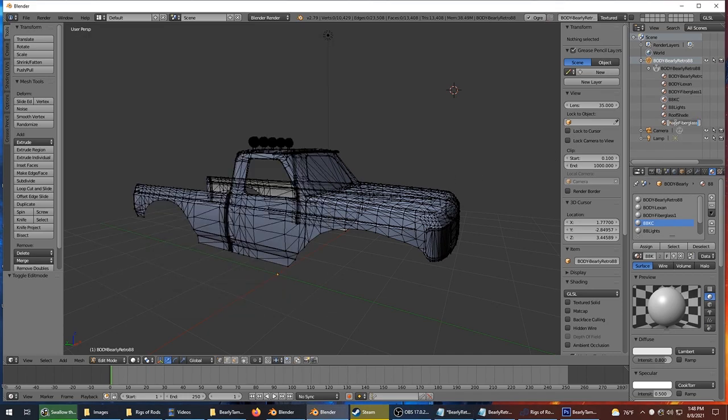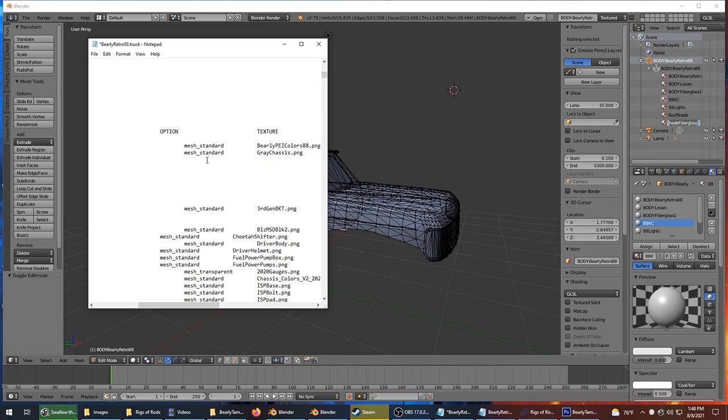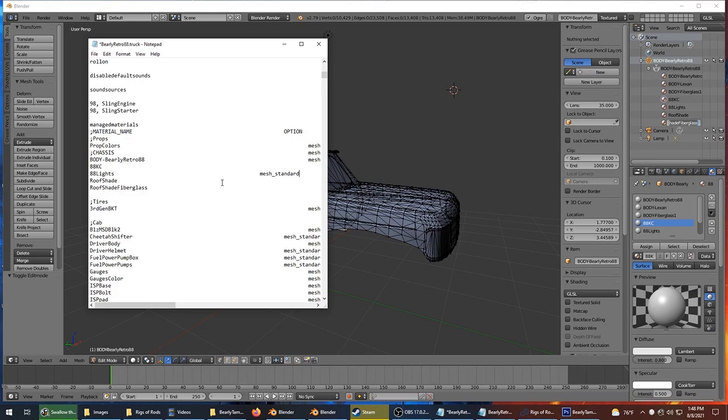because now we have a new mesh, so I can actually use a material file. If I had used the material before, it was going to mess up one of the two trucks, either the new truck or the old truck. You'd only show one image, it wouldn't show the second image. So let's, actually I just need the mesh. What am I doing? Okay, mesh standard. I have a disorganized file here. Great,